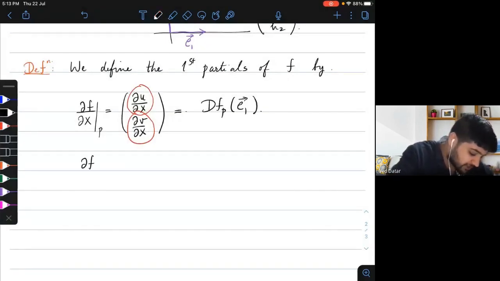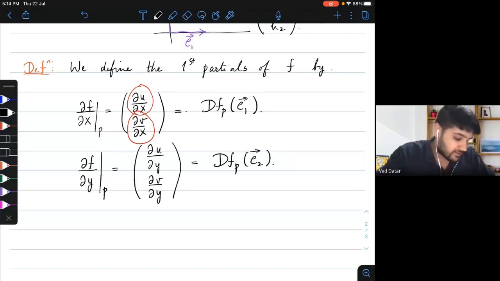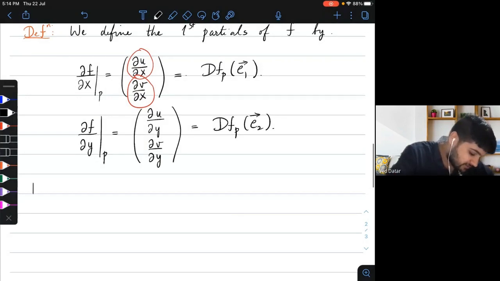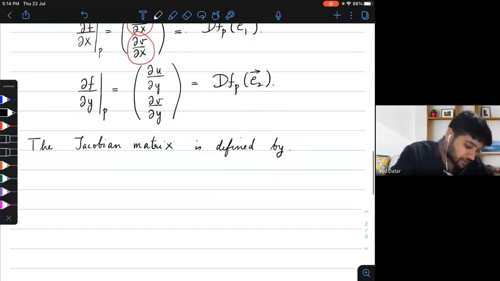Similarly, you can take the first partial in the direction of y, right? So this is going to be del u by del y and del v by del y. And you define this to be this. Okay. And then you define the Jacobian matrix is actually defined as